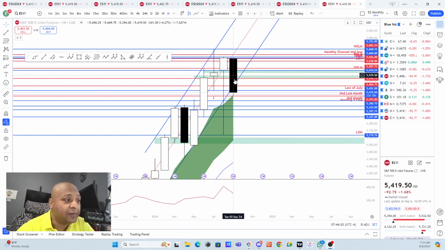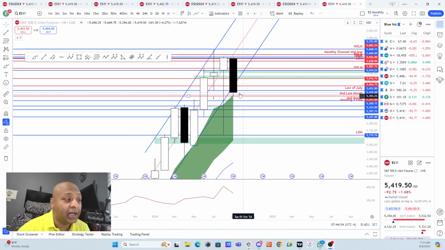So at this point of time, we are below this particular channel line, and this is the second time that it is happening. Now we will have to see if the bears who might have sold here were holding their shorts, they might have sold again, and they have come out of their shorts at the 50% line of this particular month. That is a very high possibility, but then we will have to see if they are strong right now, if they're holding this line, or they are getting above the low of July and trying to get to the higher levels back again.